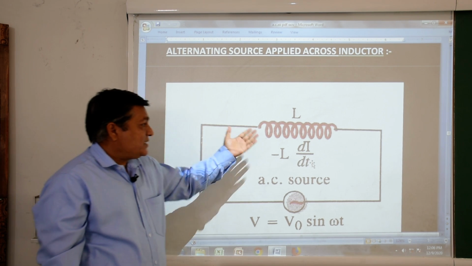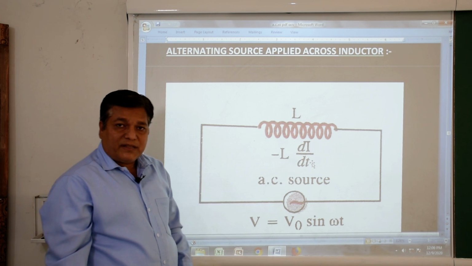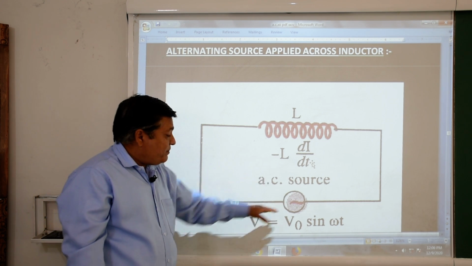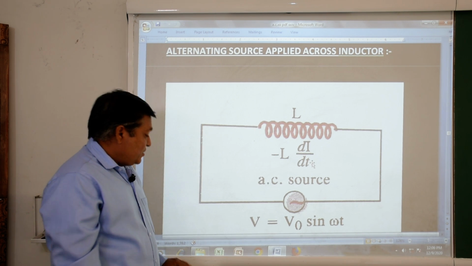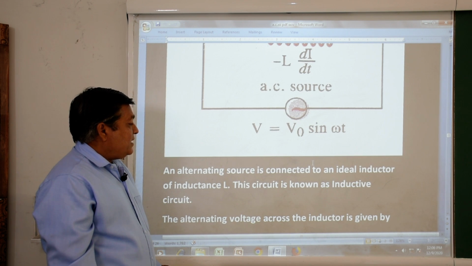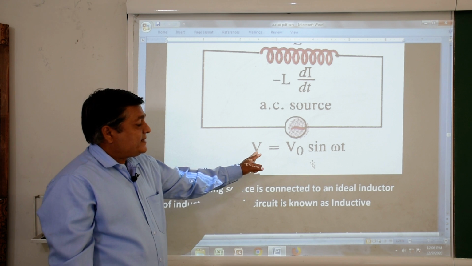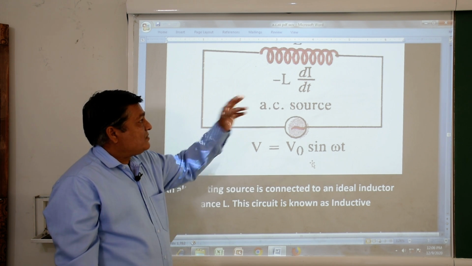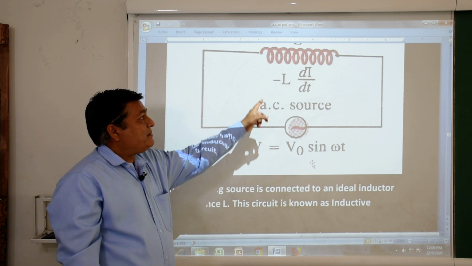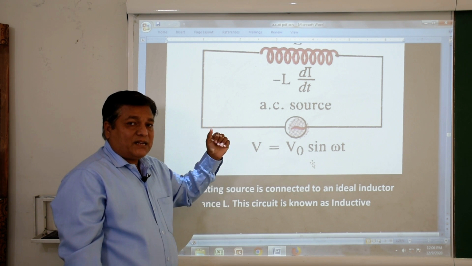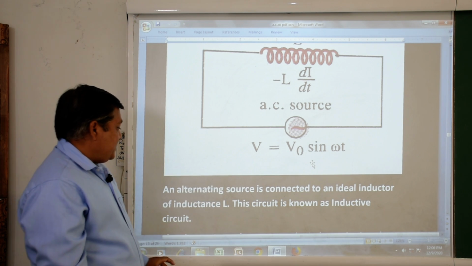By Faraday's law, or by self induction, that induced EMF is E is equal to minus L di by dt. This is the expression for it. But the direction of the applied EMF and the induced EMF are opposite to each other. So, to get the expression, we write V is equal to minus L di by dt. Therefore, the applied voltage will be the negative of this, in the opposite direction. We can write the applied voltage V is equal to L di by dt.